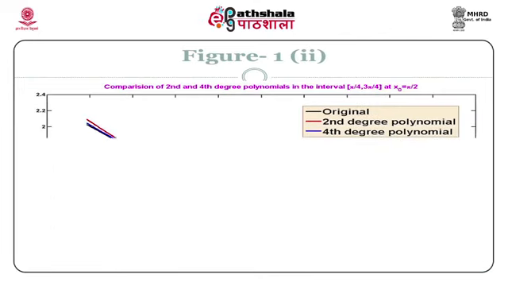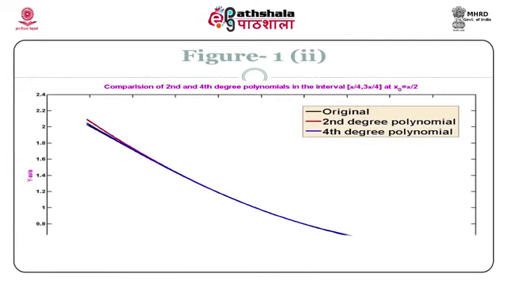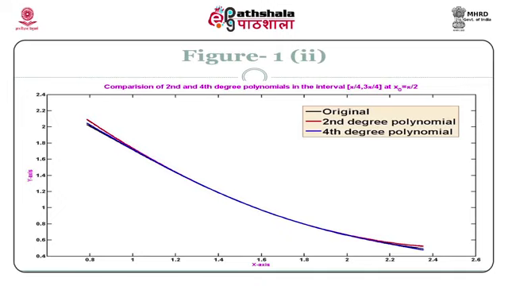And if you take the second part of the first example and the second degree polynomial, you can see that the second degree polynomial mismatches a little towards the end, otherwise the fourth degree polynomial and the original function both match well. If the function f is infinitely differentiable and if the nth derivative of f has a definite functional representation, then the formula for truncation error can be used to compute the approximating polynomial, which gives the desired level of approximation. This is illustrated in the following example.